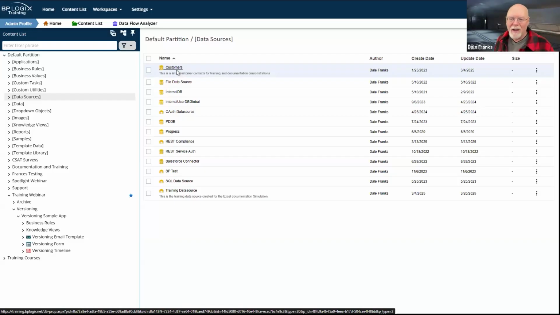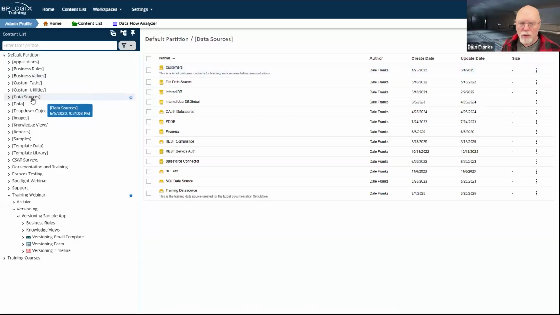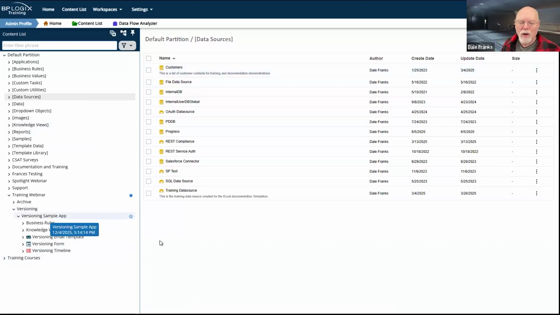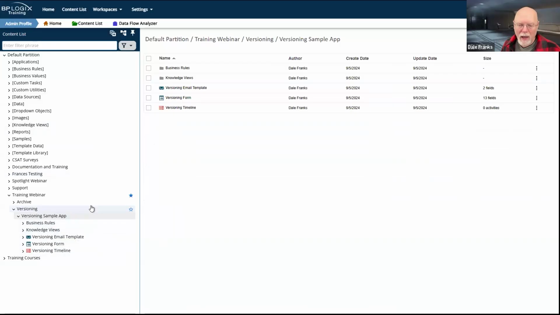They both reside in the same location, this data sources folder at the root. So when I do an import, any of my data in my form that pulls customer data to fill out the form or to fill a drop down, whatever you might be doing, it will look at this data source named customers. It will just pull different data. So my form on the dev system will pull test data. On the production system, it pulls real data. That does make my life way easier when it comes to importing applications.